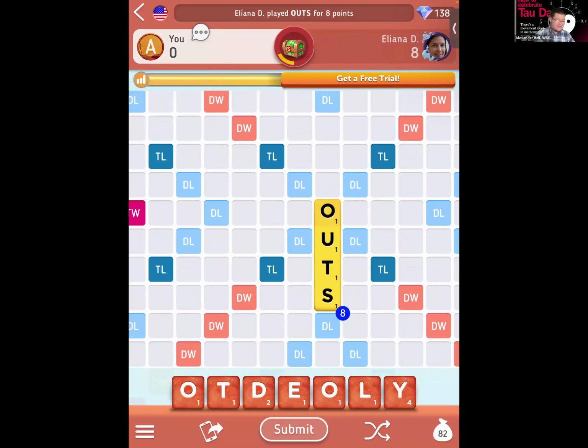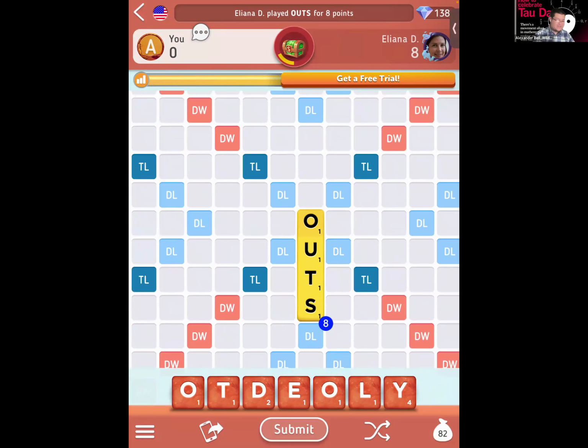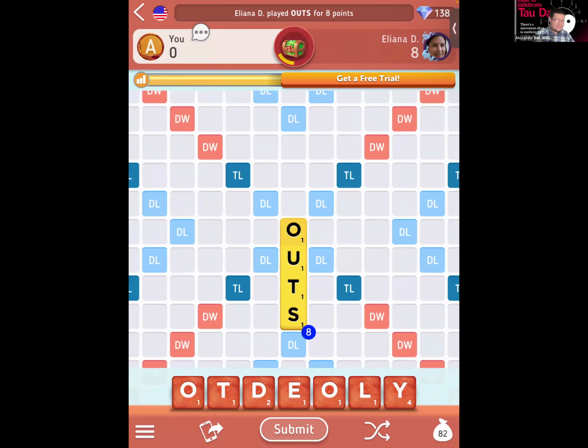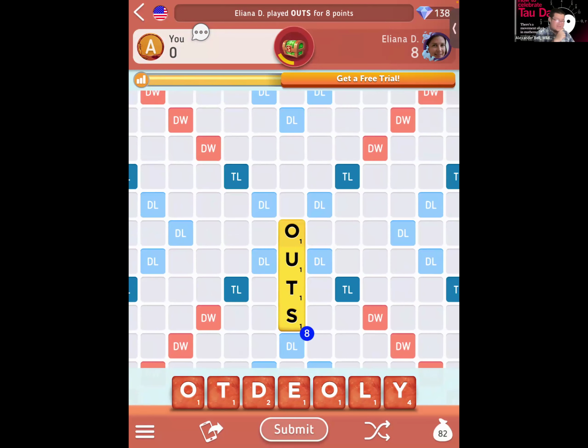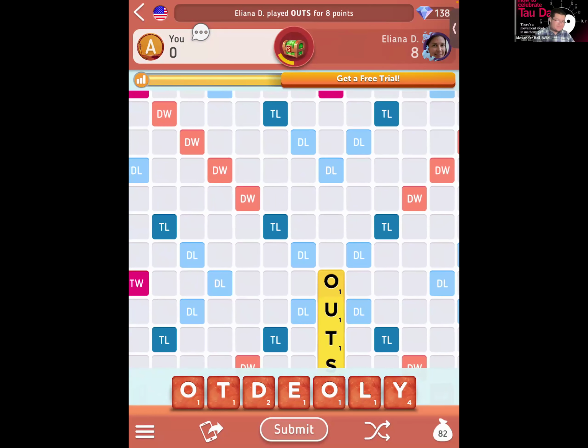So let's see if we can come up with something. It has to connect to this word, obviously. So just some ways to look at the board and see what options you have to play. Let's see. I could put Y, and then let's see.